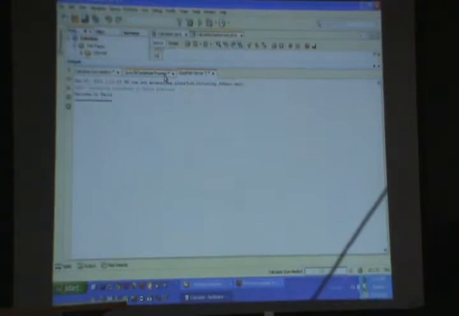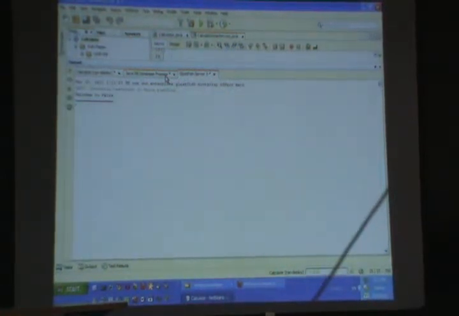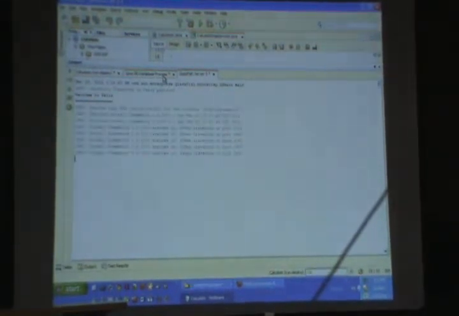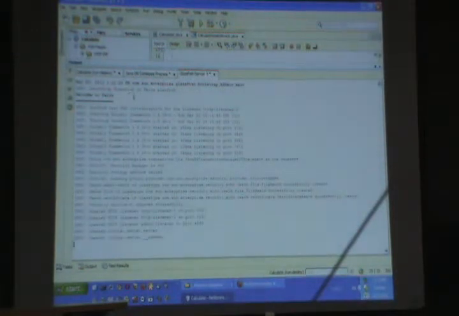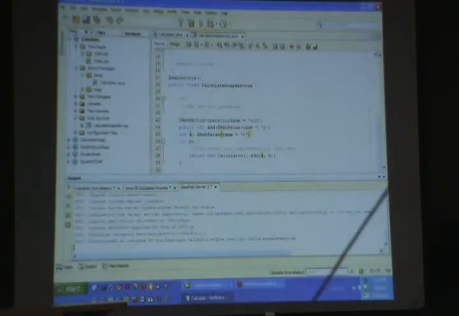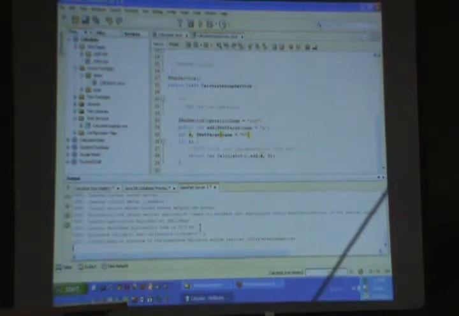So you guys have heard about Glassfish server? It's a full-fledged J2EE server, and it's a reference implementation of the Java EE framework, right? So there are other servers as well, like WebLogic, or from IBM there is WebSphere server. So this is a reference implementation. So you don't need to worry about it.